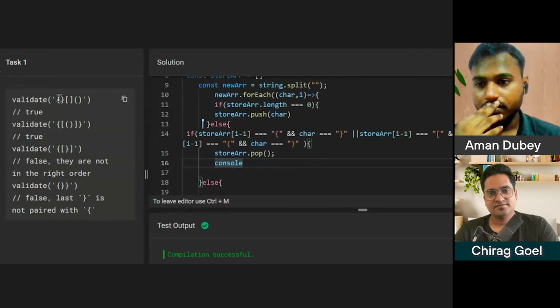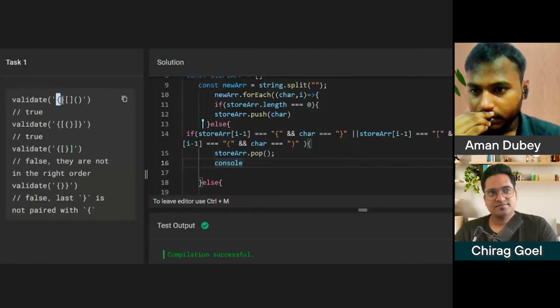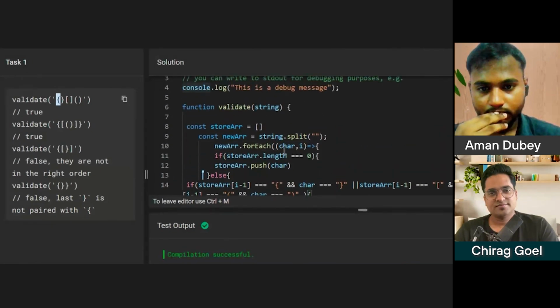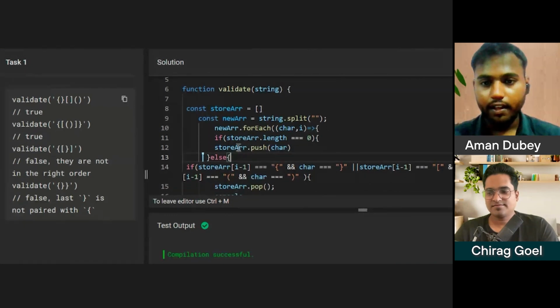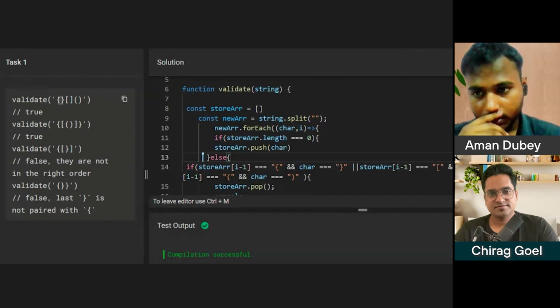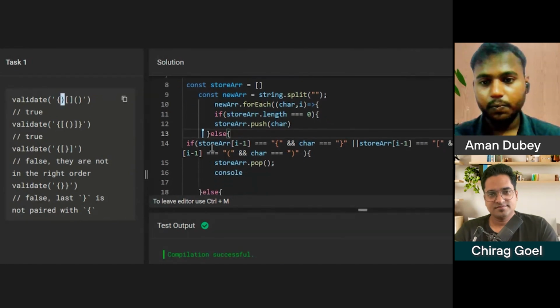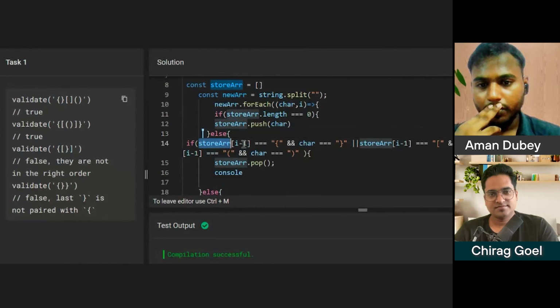Let's run this one. We have this character. Okay, the length is 0. We are pushing this character inside the array, and if the length is not 0, it will go into the second part. This is store of I minus 1, that we will get as the first value.